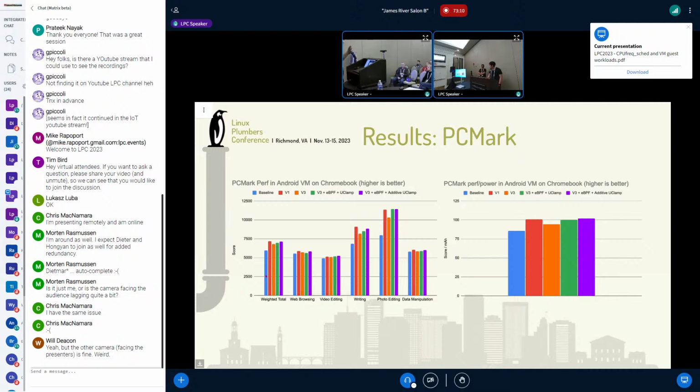The blue bar on the left is baseline, so you'll see that all the prototypes are performing better, with V1 being the most performant, and V3 having a performance penalty, but adding additional improvements such as additive uclamp and eBPF helps us get to the performance point where we were. On the left, you'll see the score, and on the right is efficiency, which is perf over milliamp hours.